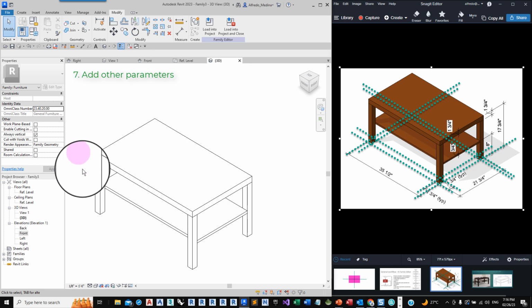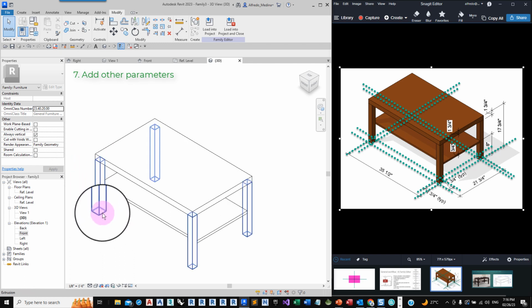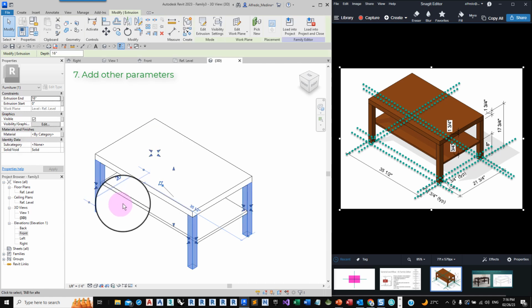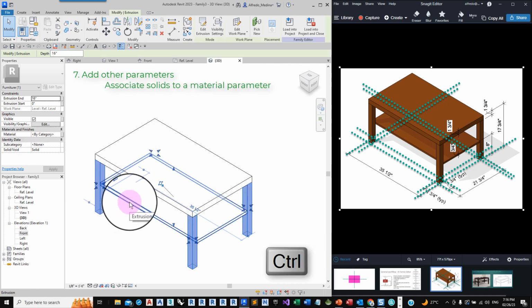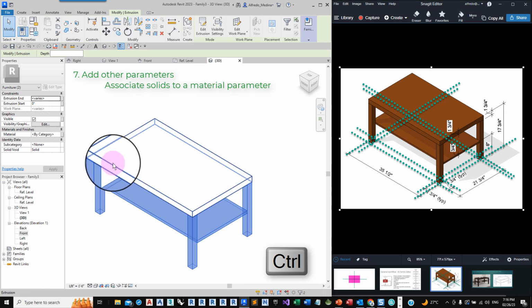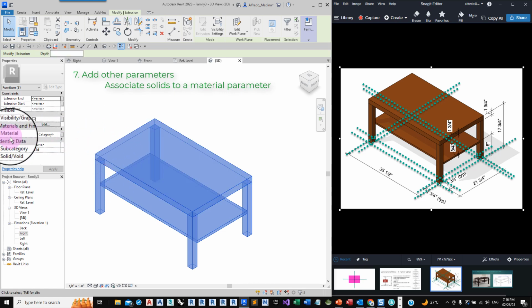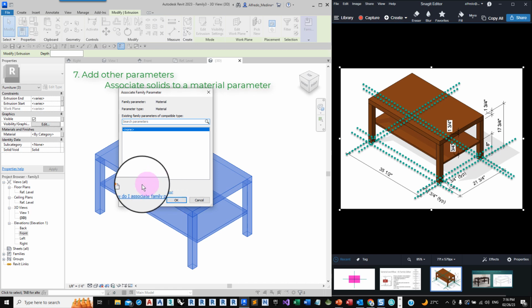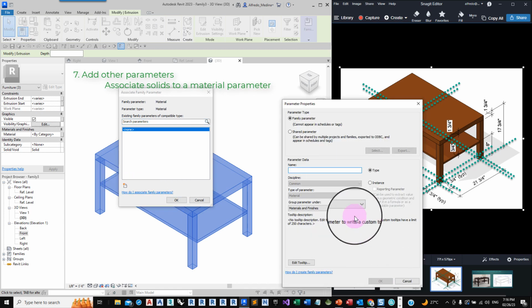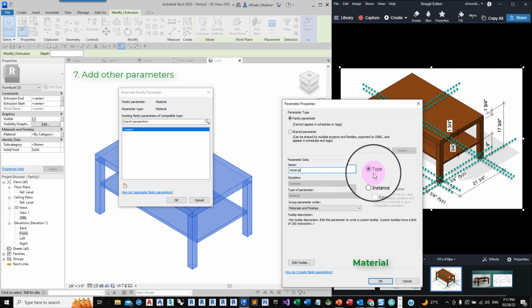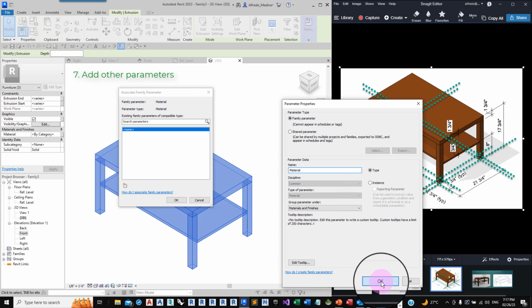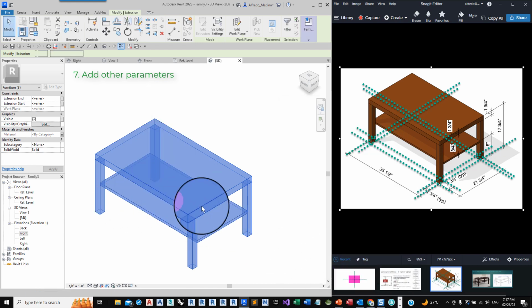To assign materials for the user, we select the 3 extrusions like this. Press the Control key and select the 3 extrusions, and go to the material parameter and click here, associate family parameter, create a new parameter such as material, make it type or instance if you prefer, in this case, and let's click OK and click OK.